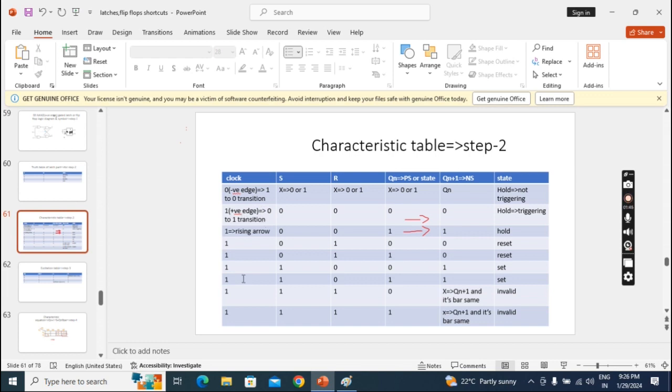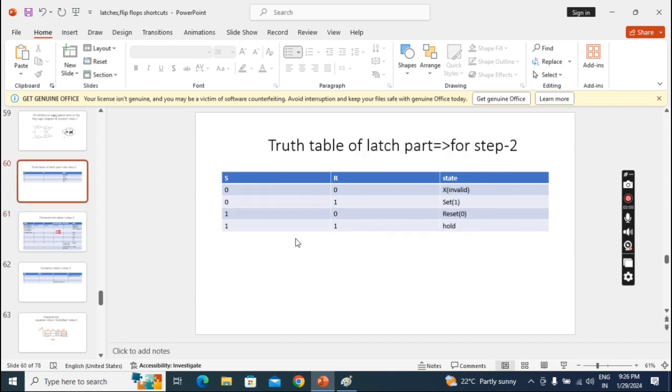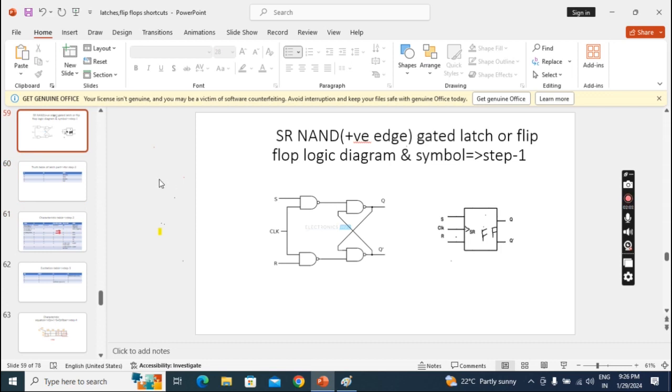So these ones we generally represent with a rising arrow, the 0 with a falling arrow. That's the representation for flip-flops. So this one representation and in the symbol this triangle representation, this is the difference between gated latches and the flip-flops. Okay,